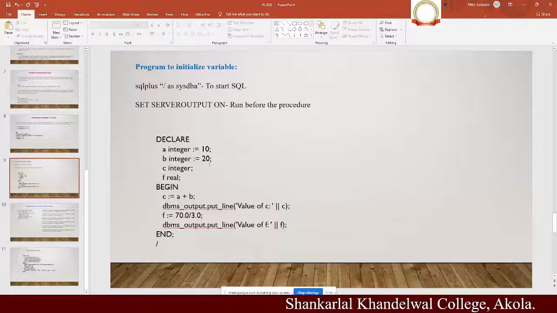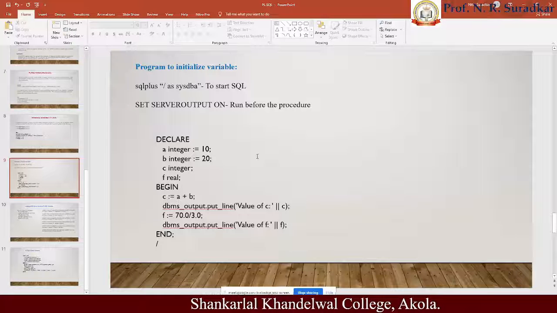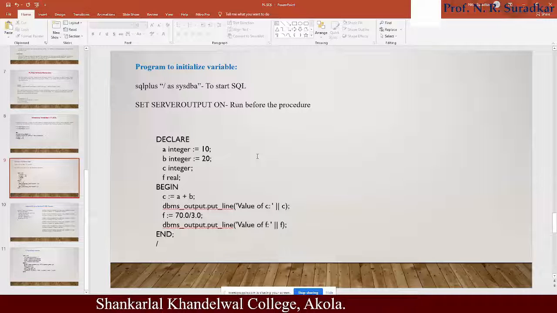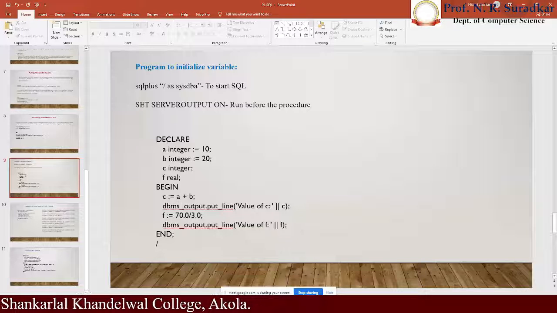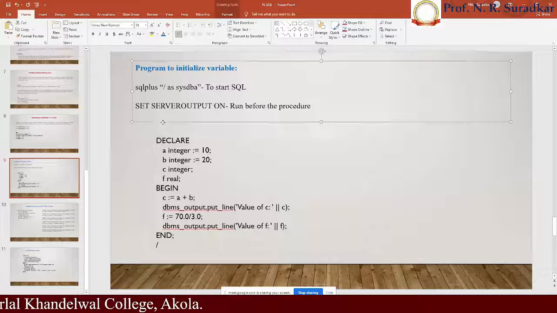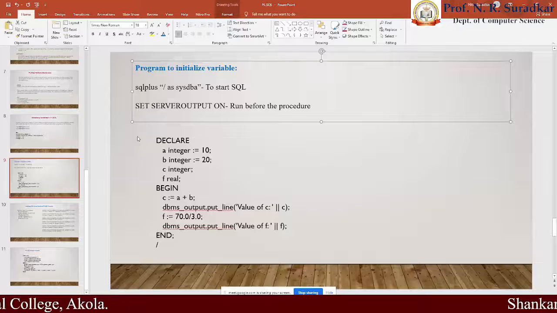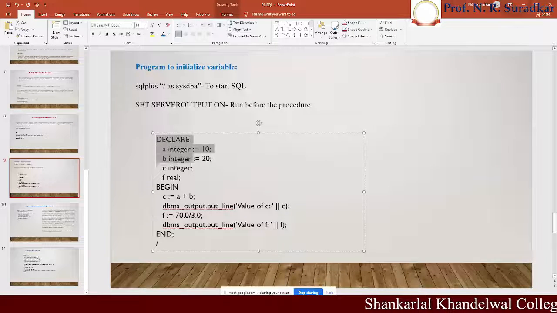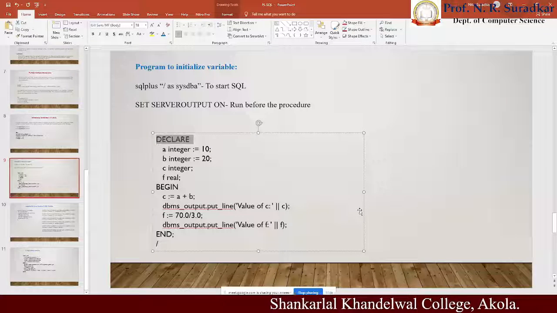As I told you, a program in PL/SQL may have three sections: the declare section, the executable command section, and the exception section. But in this program, we have two sections. The first is the declare keyword. Whichever variable we want to declare or initialize, and whatever content we have to declare or initialize, all of it comes under this declaration section. To start the declaration section, we use the keyword declare.